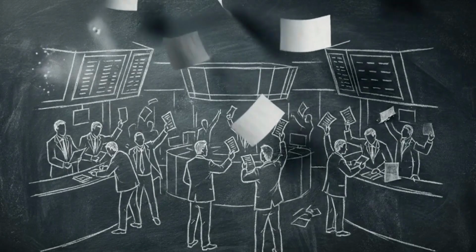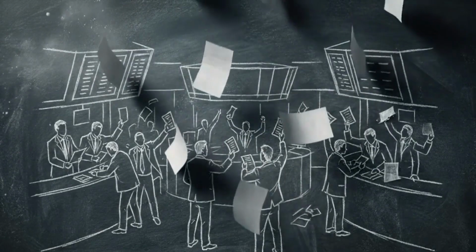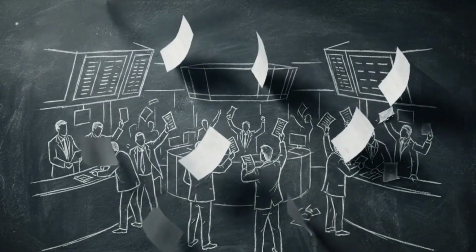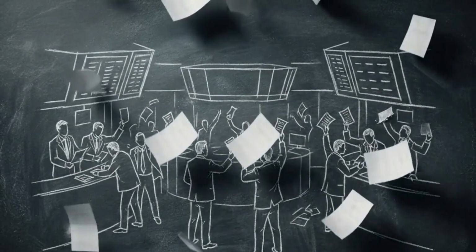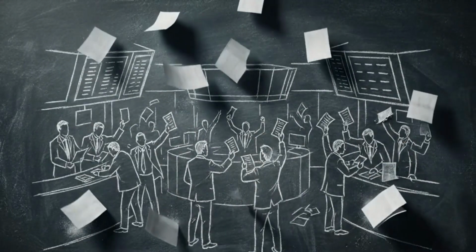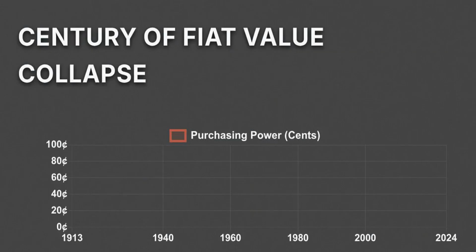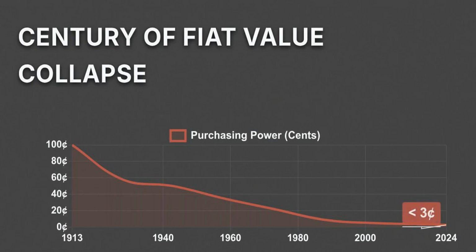The most frequent inquiry a financial analyst encounters isn't whether the system will fail, but exactly when the structural degradation will be officially acknowledged. This chart shows the fiat dollar's purchasing power since the passage of the Federal Reserve Act in 1913. It illustrates a steady decline, losing over 97% of its value. Today, retaining less than 3 cents, this proximity to zero represents a terminal threshold.